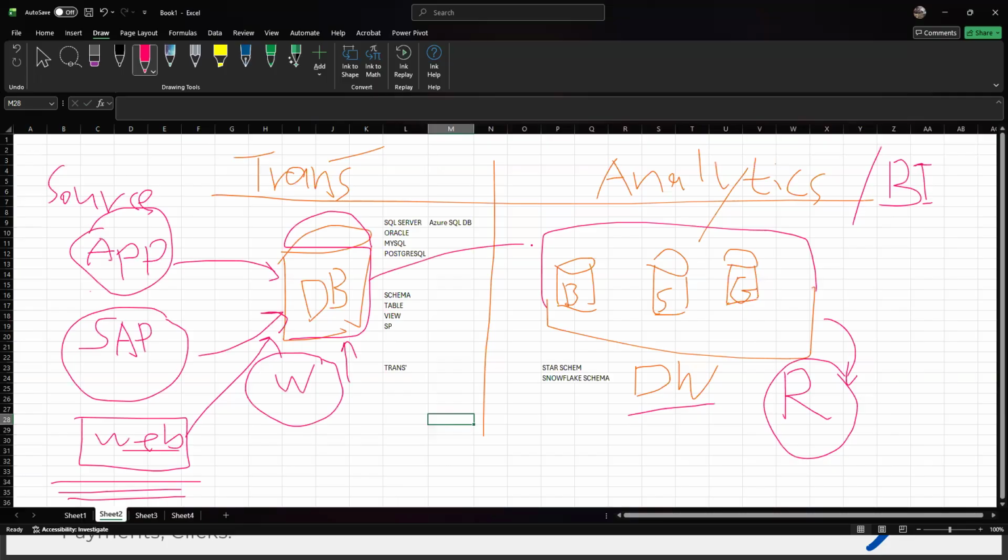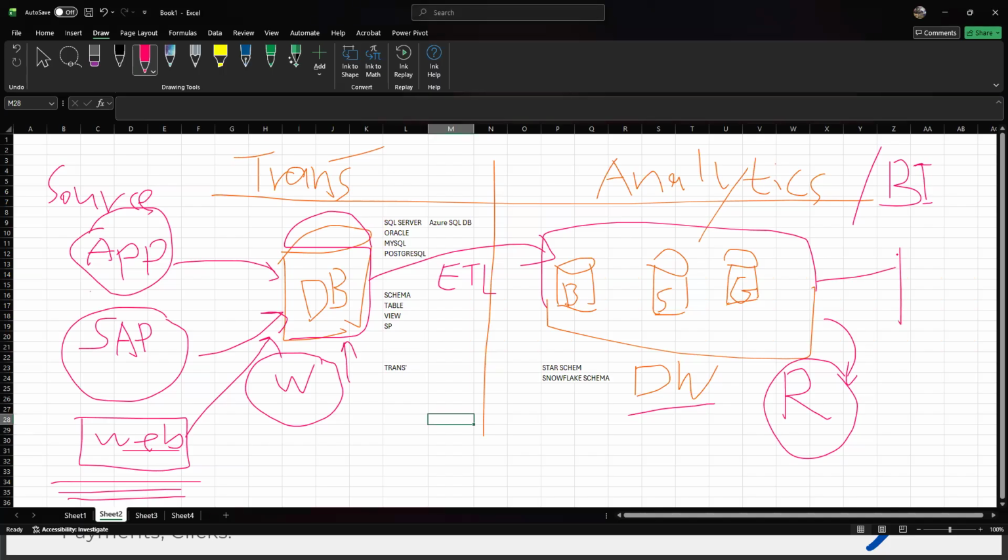We will move data from the transactional database into the data warehouse by using a process we call ETL. At this point, you just need to understand it on a high level, how we move the data from the source system into the transactional database. From the transactional database, we move the data to the analytics. On this end,